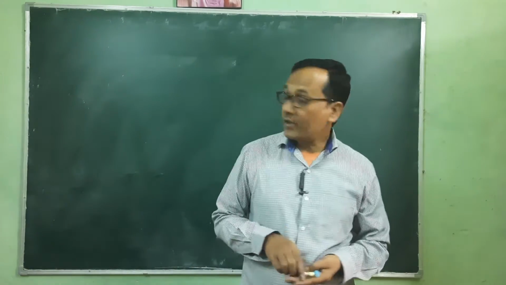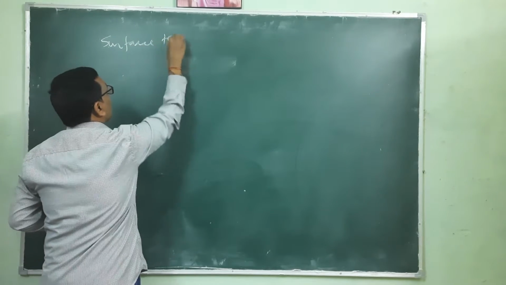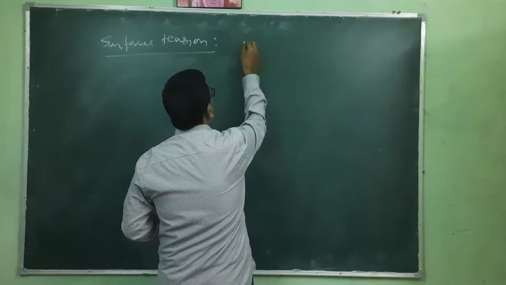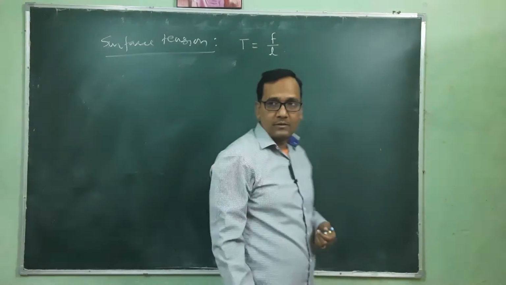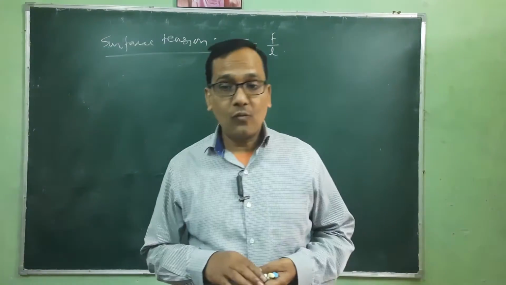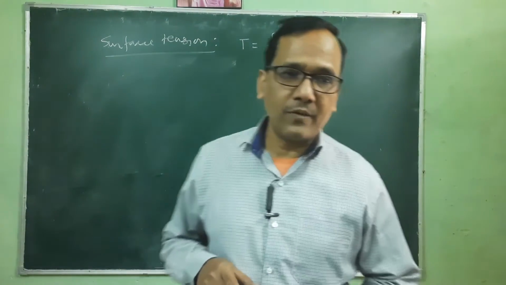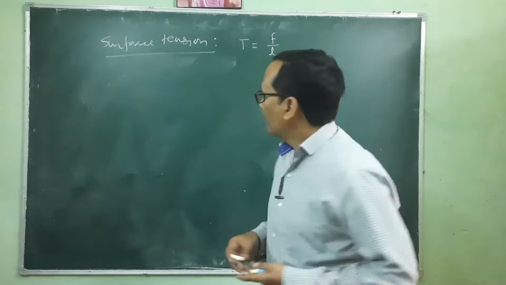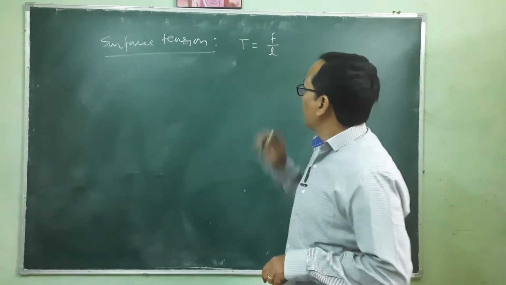In the last class, we were discussing another property, that was surface tension. We have defined the surface tension, represented as T. It is equivalent to force per unit length. This surface tension is defined as force per unit length in the direction of the surface, not in the upward or downward direction, but towards the surface of that liquid. So the surface of that liquid is a stretched surface, and that tension is the surface tension.